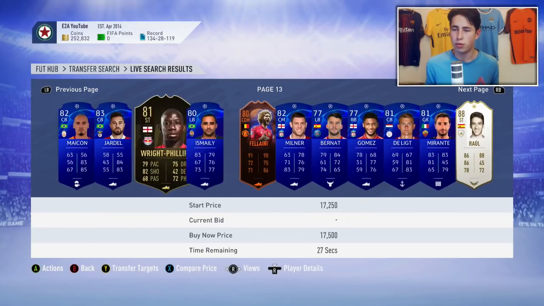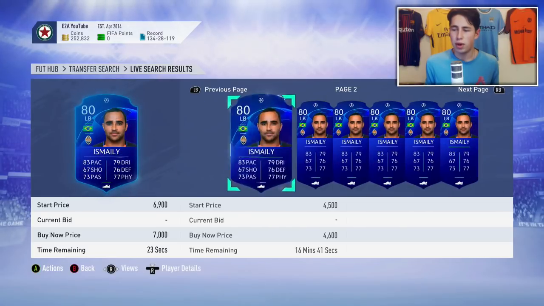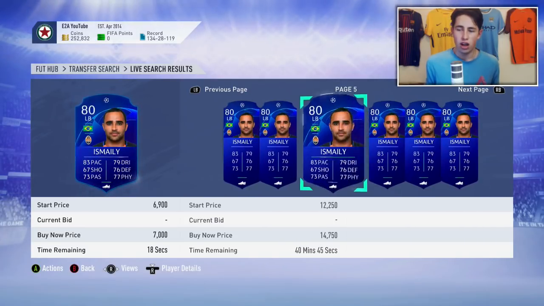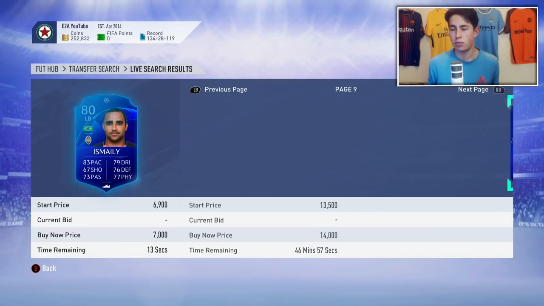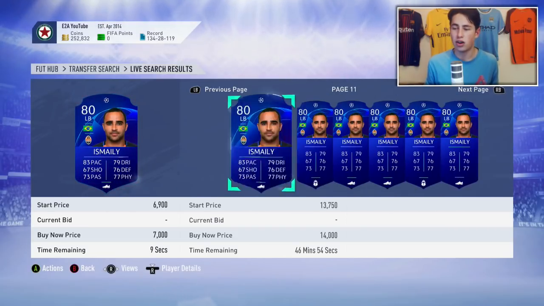I mean, Jardel you can maybe go with, Ismaili's got a decent card, and again, look, he's quite rare. There aren't many pages of him. 4.5k is quite a good price for him. I could easily see him going up, given he's Brazilian and has quite a good card. He's just one of the hundreds of players. There's so many different cards there that you can trade with, but it's just so good, whether it be sniping, bidding, or investing. You've got so many ways of making coins with these cards,